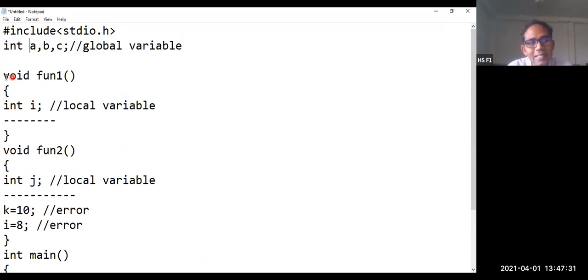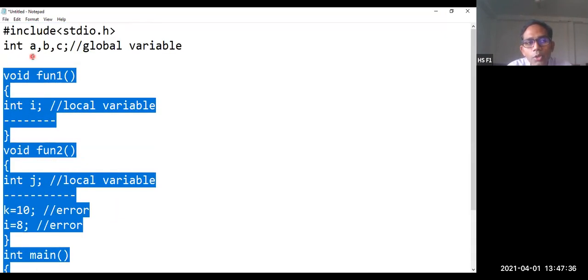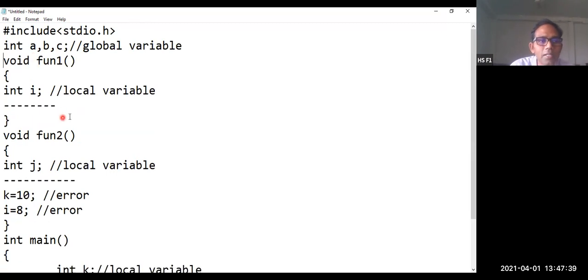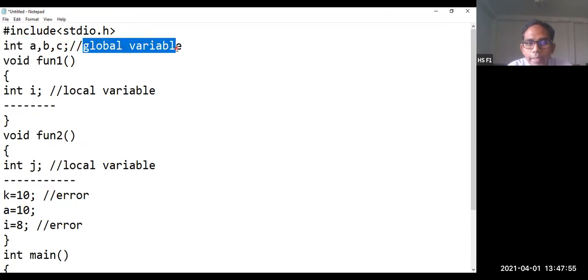These variables are accessible throughout the program. In any part of the program, you can use integer a, b, c. Now, if you write a is equal to 10, you won't get any error, because a is already declared as a global variable. A global variable is a variable that can be used throughout the program in any function. Inside main or inside any other function, you can access the global variables.